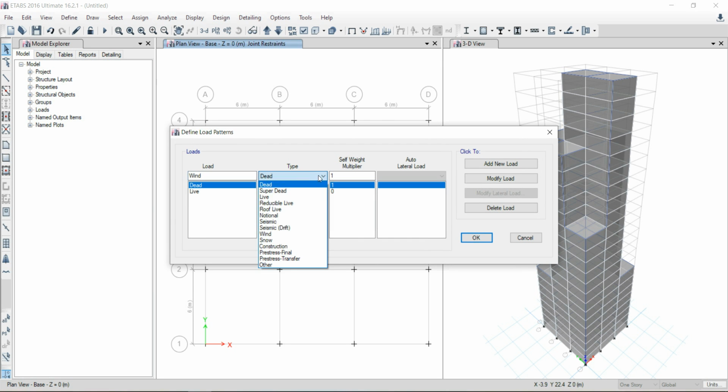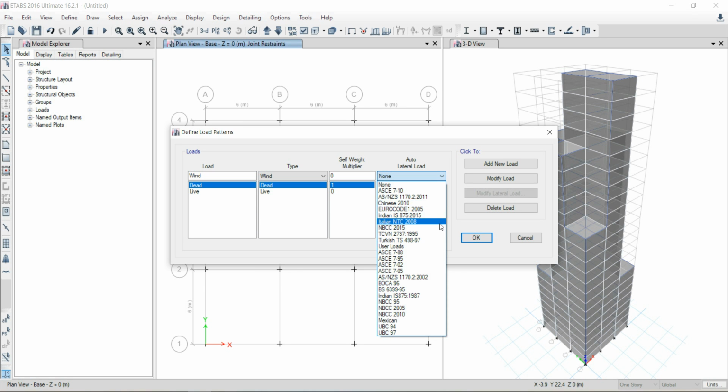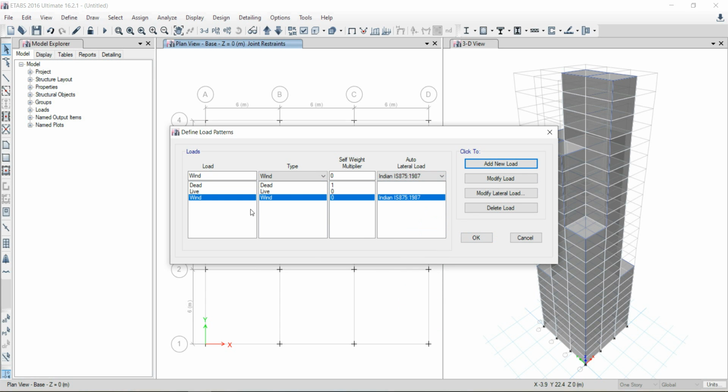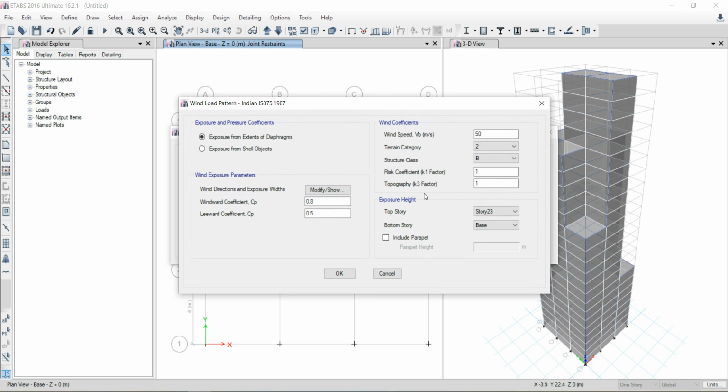From the type, select wind and from the auto lateral load drop down option, we'll select the Indian IS 875/1987 and click on add new load. You can see the load is added. Select the added load and click on modify lateral load option.